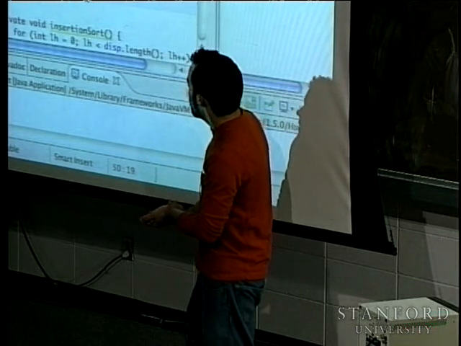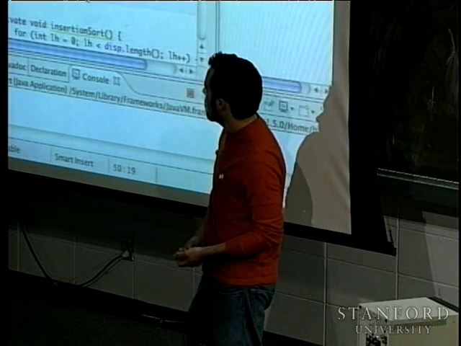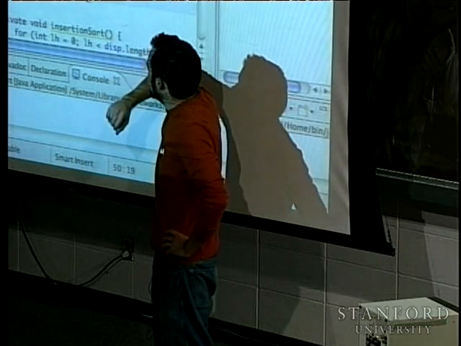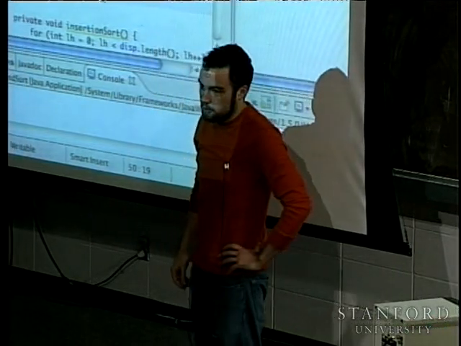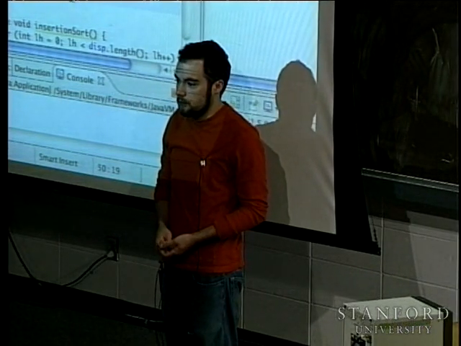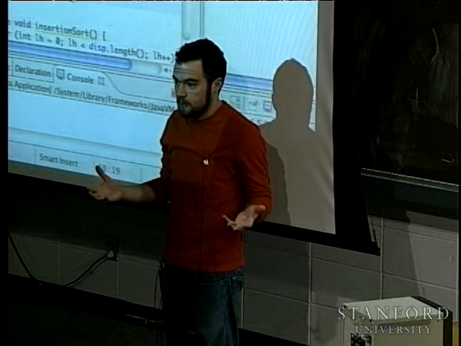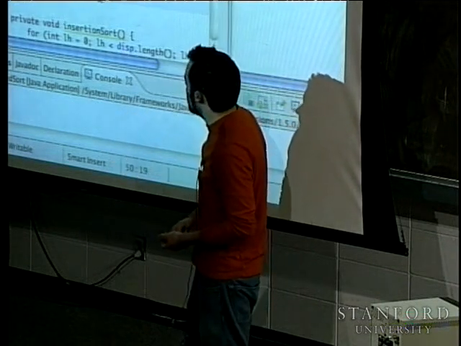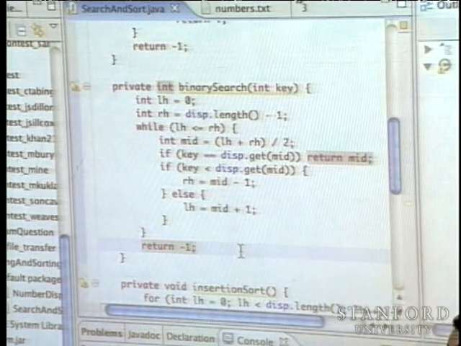So how do we do that? Well, we need to determine, as was suggested, whether the element that we're looking for is less than the middle or greater than or equal to the middle. And in the case that it's less than the element at the middle of the array, then we want to adjust which side? So we know that it must be in the first portion of the array, and we're going to ignore the second portion of the array. So the right-hand marker is what we need to update this time. So that's what this does. It updates the right-hand marker to mid - 1.